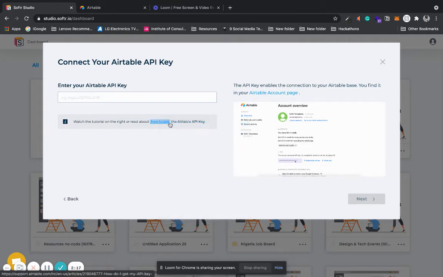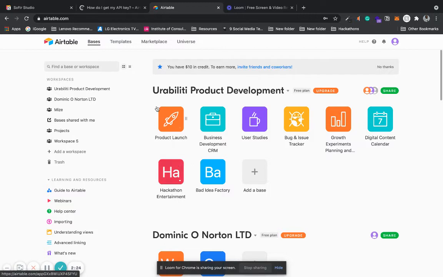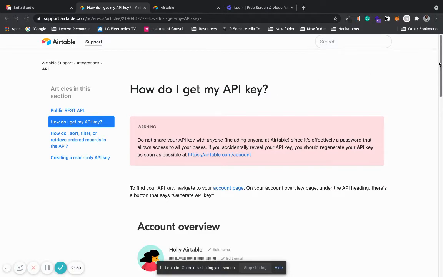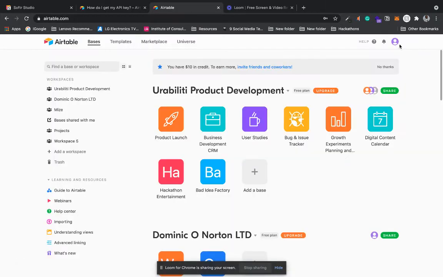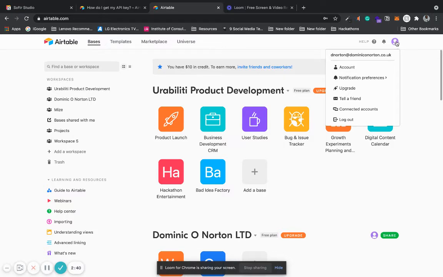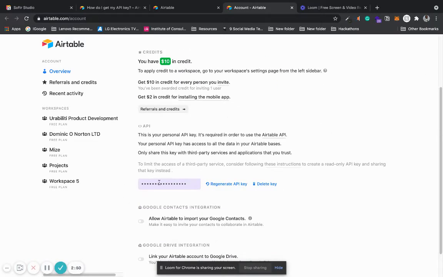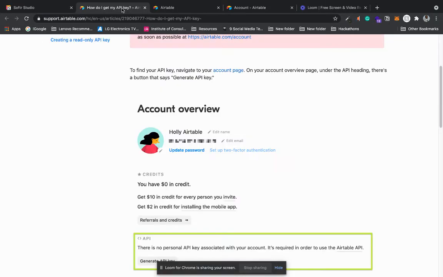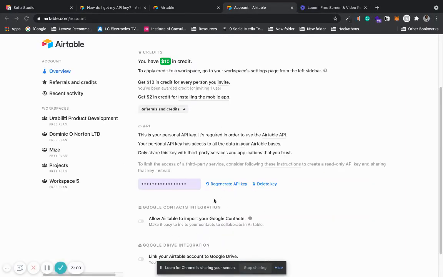So I'm going to show you how to get your Airtable API key. You need to log in with Airtable and be logged in. It will take you to this workspace dashboard. Just to make sure I know how to get mine. So you want to go to your account for Airtable, select the person icon, go to your account. I have my API key generated, but you want to generate your API key. As the instructions say, if you don't have any API key generated, you will be able to generate it right here. And you want to copy and paste this key